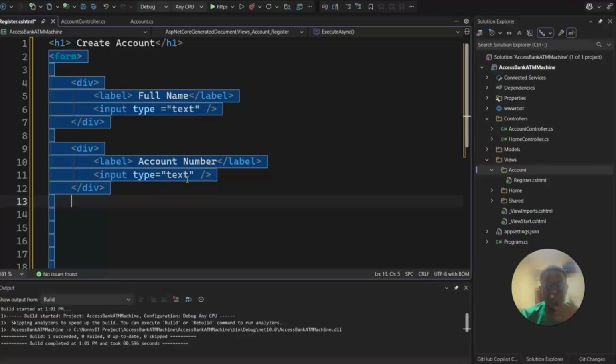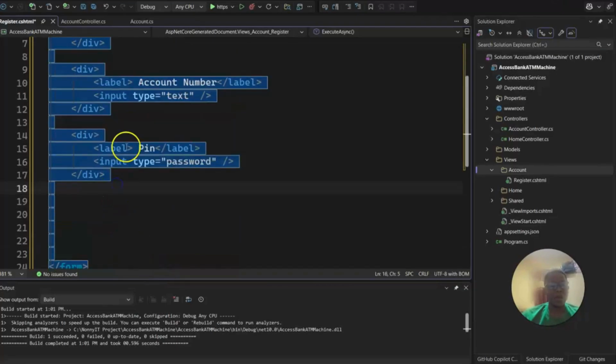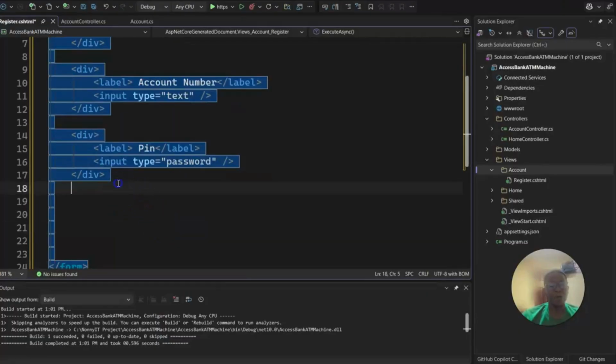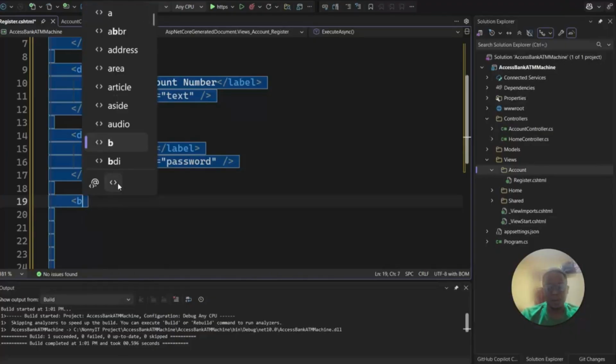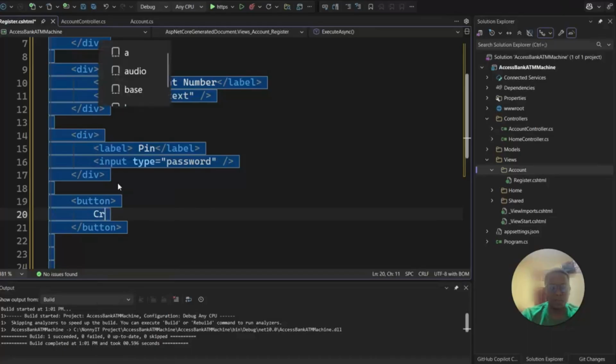Then we will now create a button. So now we have created a form that has full name, account number, and PIN. And we're going to create a button where the user can click on submit. So let's click a button. This is HTML, you open and close. So inside this button, we call it create